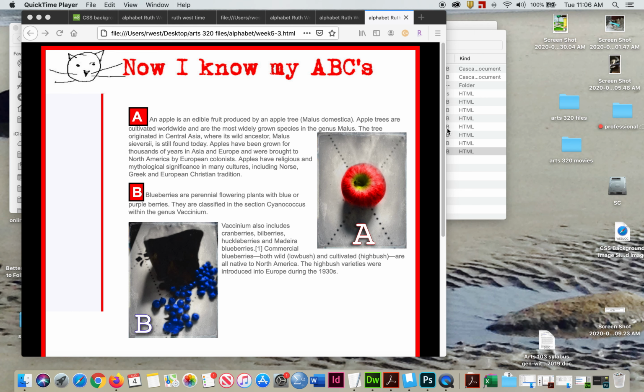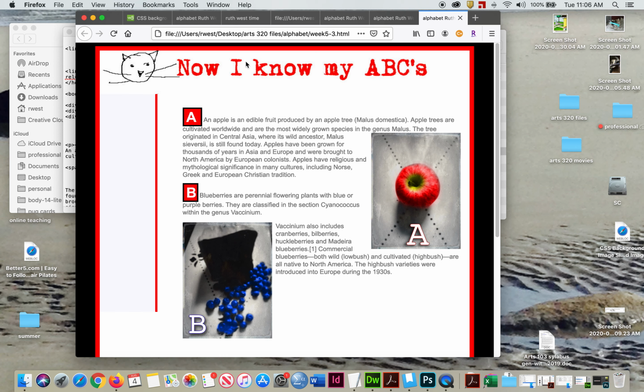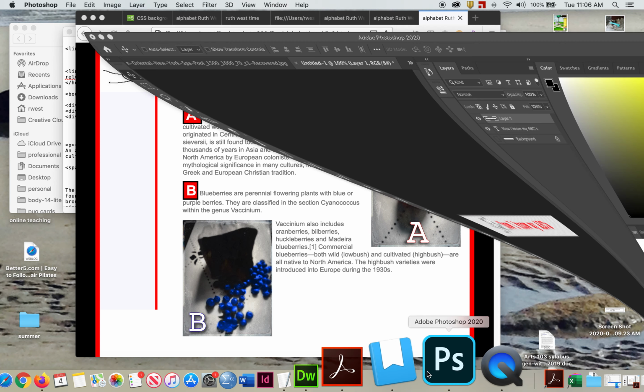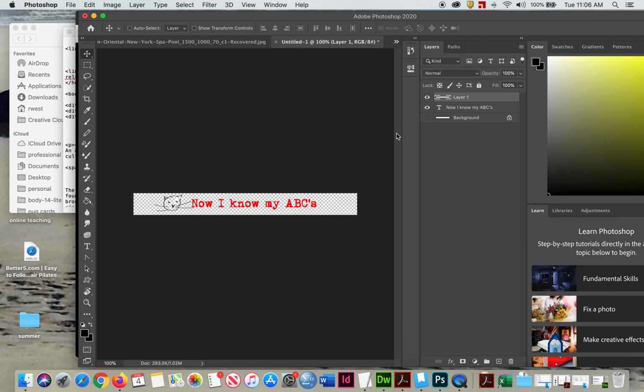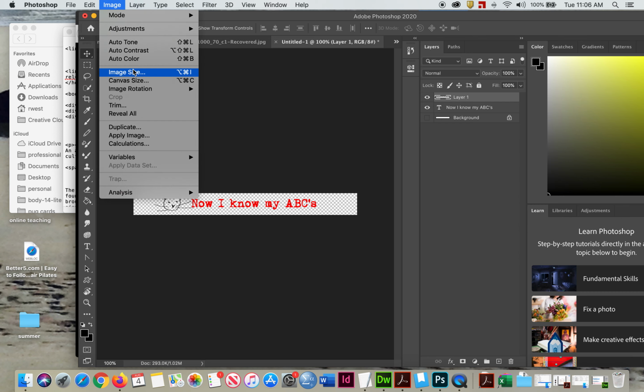Put a header into our ABCs. Now I know my ABCs. I did this in Photoshop, and I did it in two different ways just to show you differently. The size I went for was